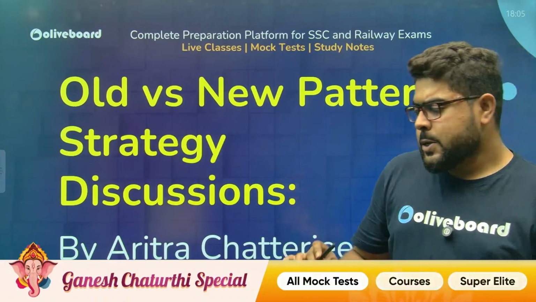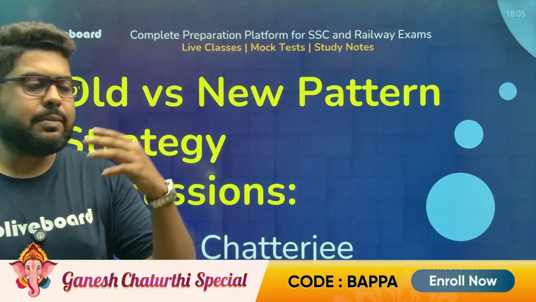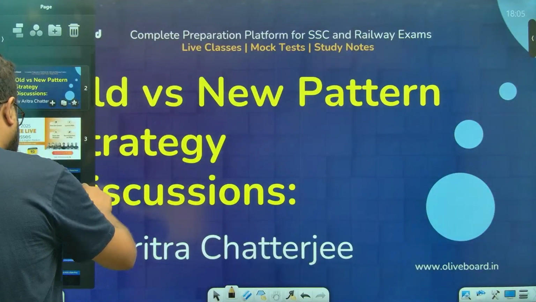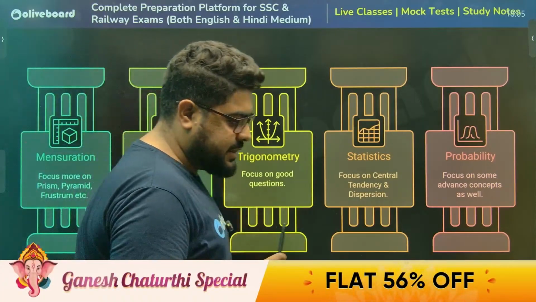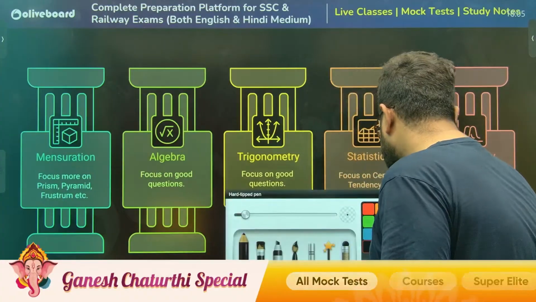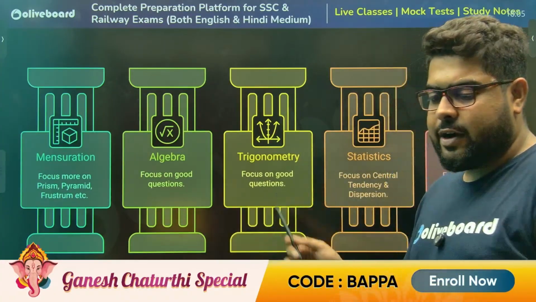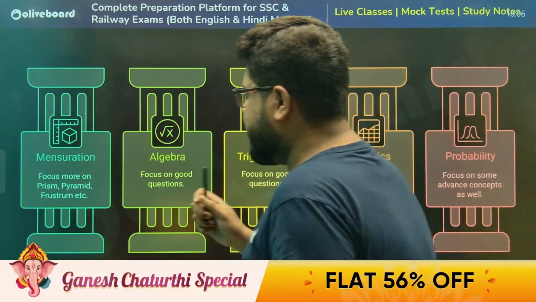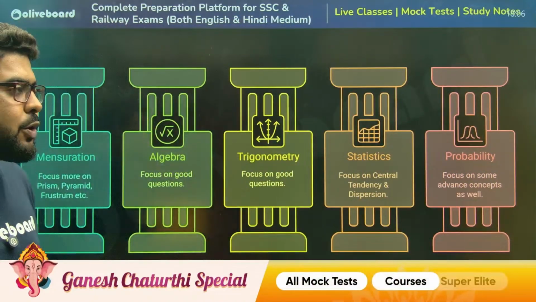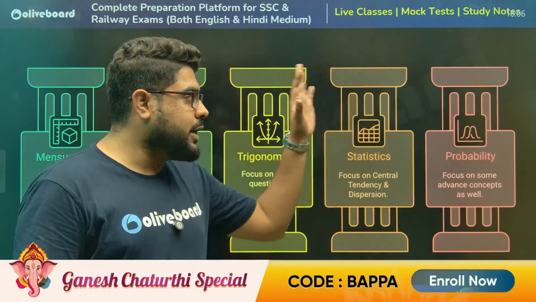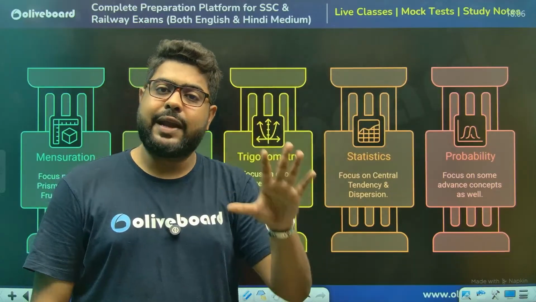Now, first things first. The whole team has done a very extensive and thorough research on this, and they have come up with something like this. I've just put it into perspective. Which topics have suddenly become more and more useful? Please understand, if I've written mensuration, that doesn't mean the whole of mensuration. These have become very important, but that does not mean you will only do this much.